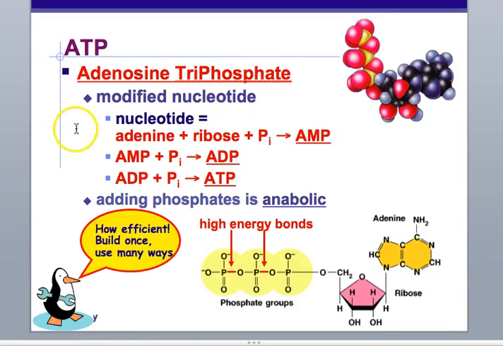So ATP stands for adenosine triphosphate, and it's this modified nucleic acid, or modified nucleotide. Adenosine is used in DNA and RNA, but this is a very specific flavor of it. You have adenine, which is the nucleoside, and then you attach it to this ribose. This is the RNA version, not the DNA version, because it's got two oxygens here. It's not deoxy, it's just ribose. And if you only have one phosphate, it's called AMP.